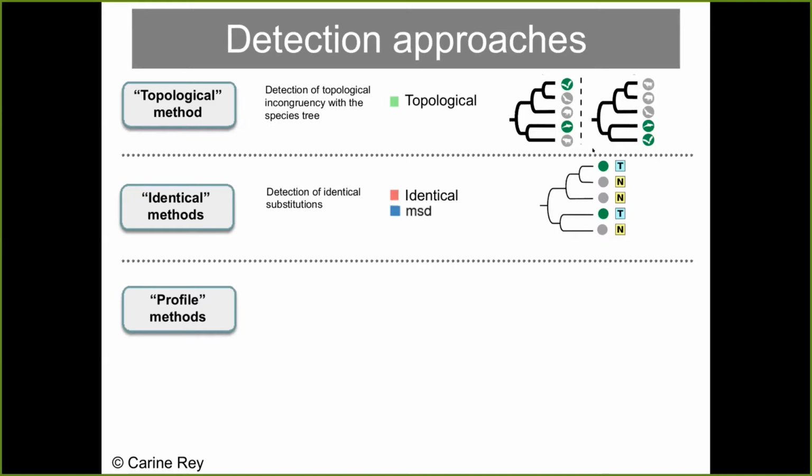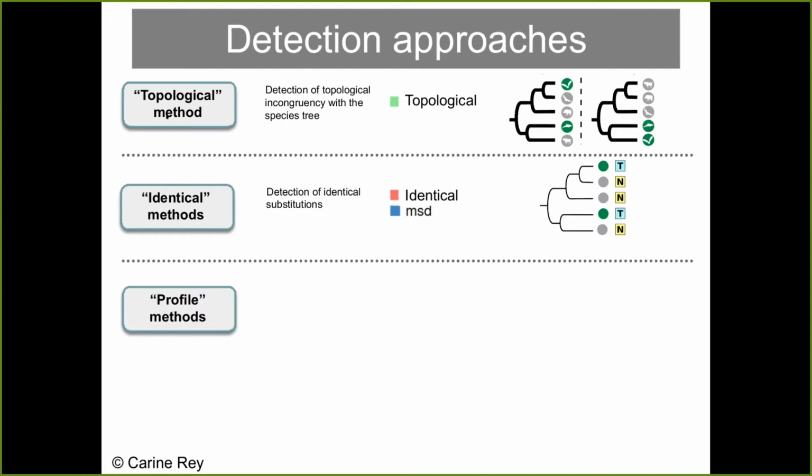Identical substitutions are the most obvious ones, where every time you have a species with the convergent phenotype, you have a particular amino acid. And every time you have species with the non-convergent phenotype, you have a different amino acid, okay? These conditions can be pretty easily detected just by looking at a multiple sequence alignment and picking those sites that have this pattern. And there are a few methods that have been developed to do that.